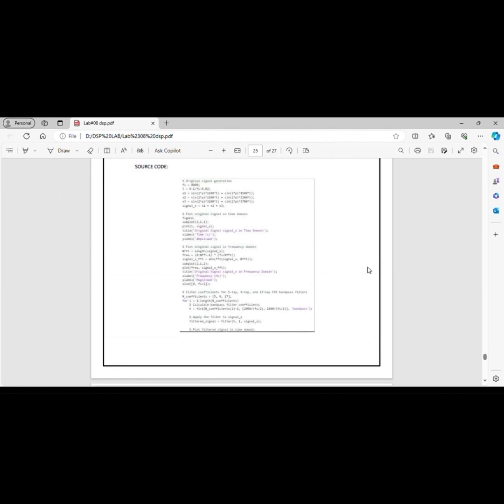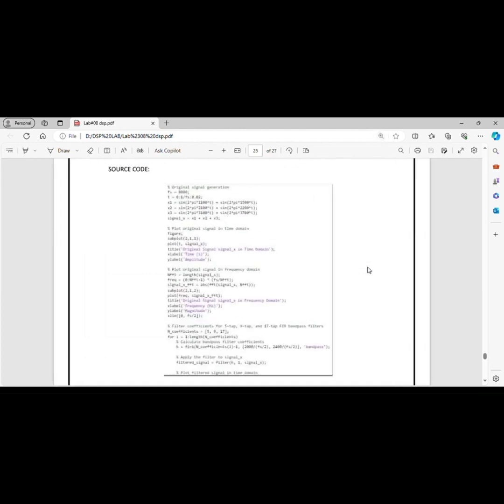In part B, apply the filters made in part A to signal X. Observe the changes for signal X in the time and frequency domain while varying the number of coefficients of the filter. Fs, the sampling frequency, is equal to 8000. The time is 0 to 1 divided by the sampling frequency, and the x1 signal is given. Now compute the whole signal by giving the name signal x is equal to x1 plus x2 plus x3, and